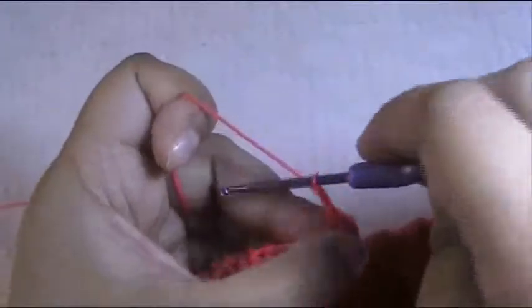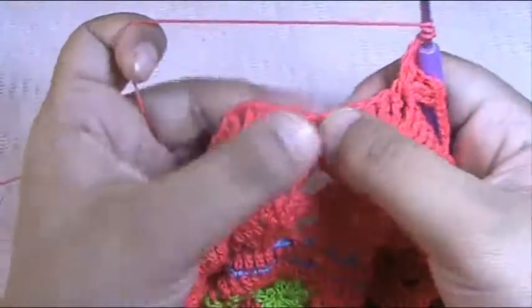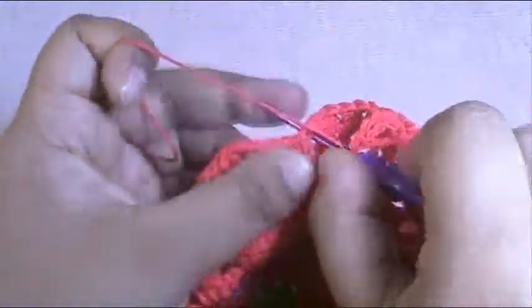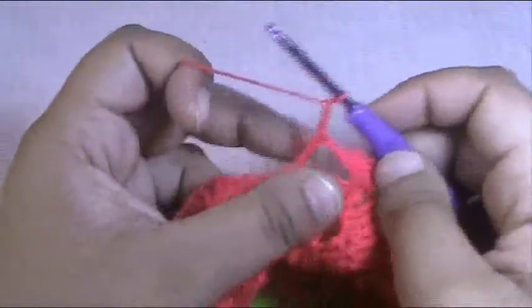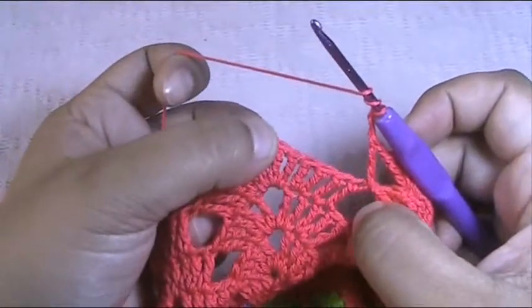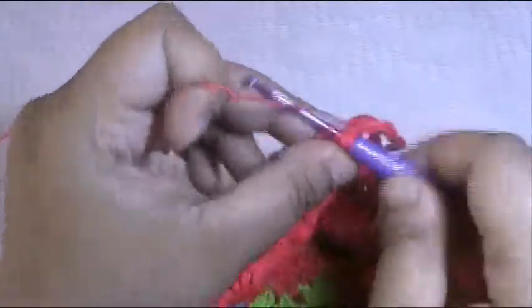Then chain 2, 1, 2, yarn over twice and go to this space between the 2 groups of trebles here and make 1 treble, then chain 2, 1, 2, and yarn over twice and go directly to the chain 2 space in the middle of the group here and make the same 2 trebles, chain 5 and 2 more trebles,